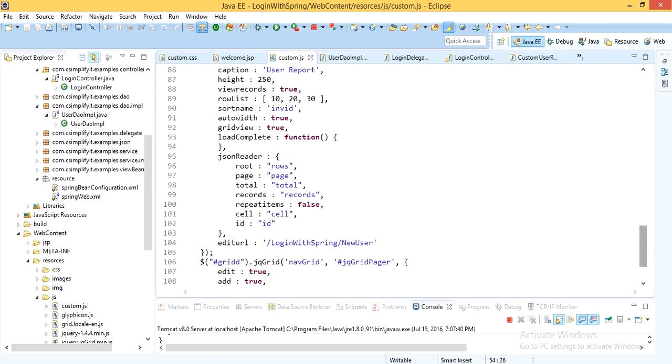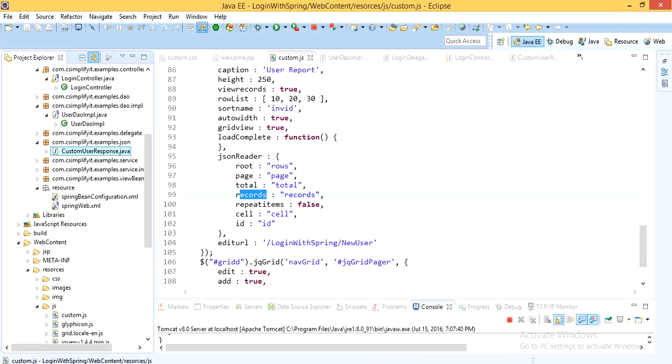And also very important, JSON reader. JSON reader reads in the form of page, total and records. Basically we have to show this in my JSON.